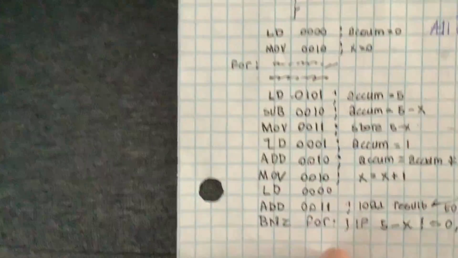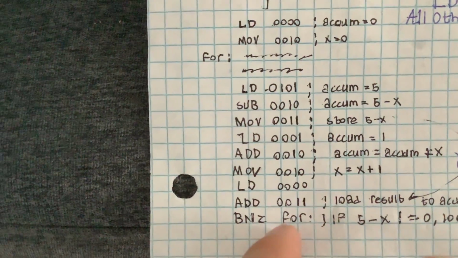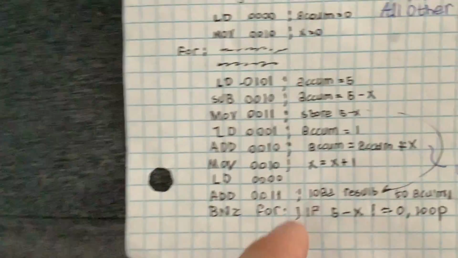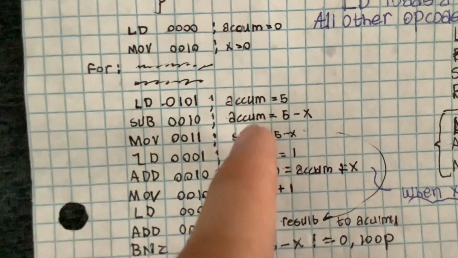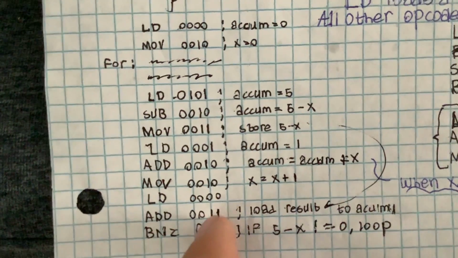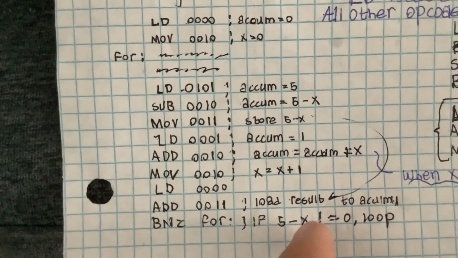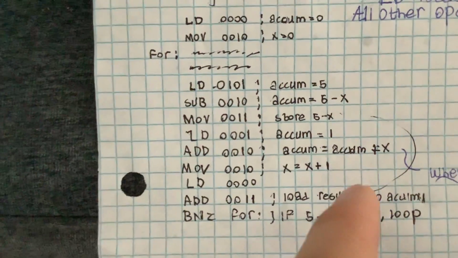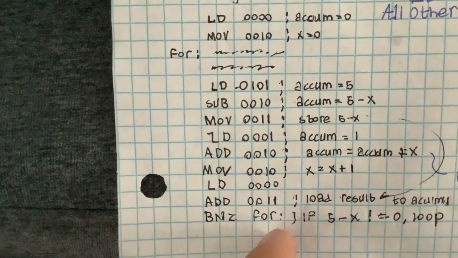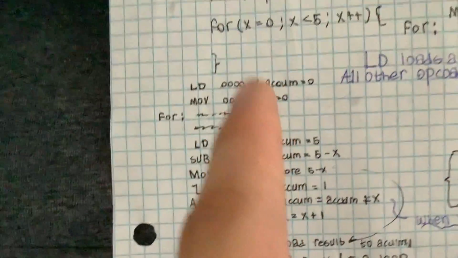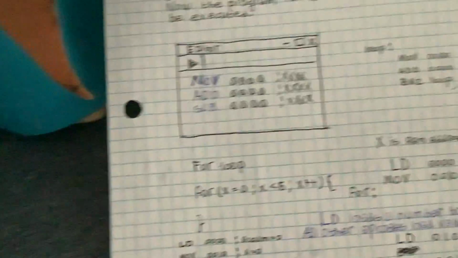So this is the loop. From here to here and back again if this condition is met. Branch if not 0. What does that mean? If 5 minus X is not 0, so 5 minus X, which is here, and it's in the accumulator now. If this is not 0, then we're going to loop. So that means as soon as X equals 5, the loop is going to break. So effectively this is a for loop, and that's just a demonstration of how these instructions could be